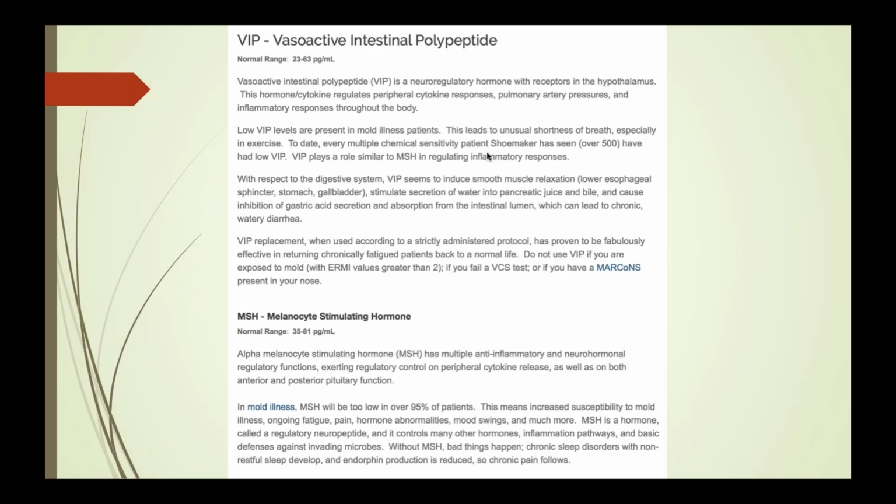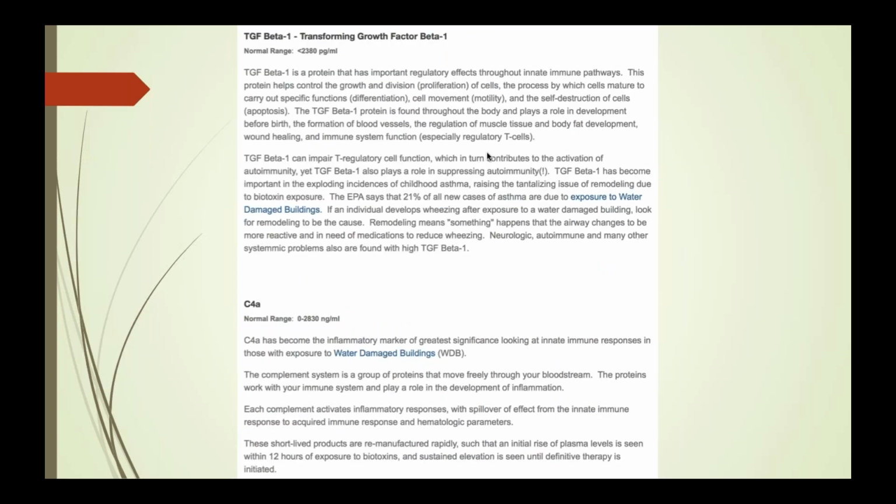I've also gone into detail for each of the markers. I'm not going to spend much time explaining them now. You can read about them, but I wanted to make it available to you so that you can look at them and read about these issues to say, what is it that each of these markers do? What do they represent? The first few, the VIP, MSH, TGF-beta1, C4A, all incredibly important and central to this illness